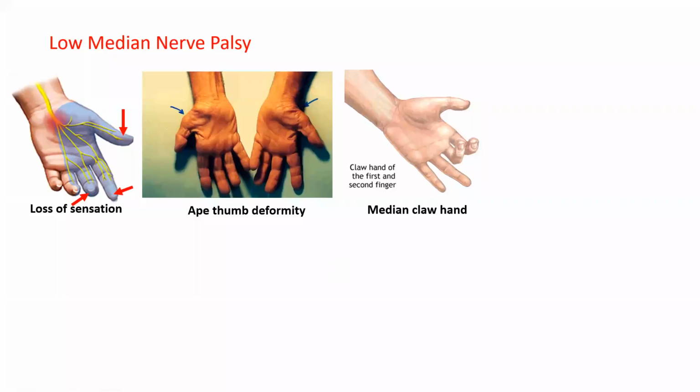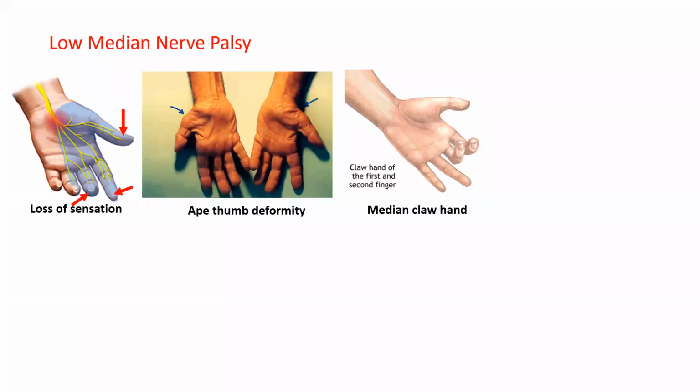Now there are three types of claw hand: median claw hand, ulnar claw hand, and total claw hand. Now what is clawing? Clawing is nothing but loss of lumbricals. I showed you that this is the action of lumbricals, the L: flexion at the MCP joint and extension at the IP joint. Now when the lumbricals are lost, this position is lost. Otherwise, this is called the intrinsic plus position, and the hand goes into the intrinsic minus position. This is clawing: extension at the MCP joint and flexion at the IP joints, right?